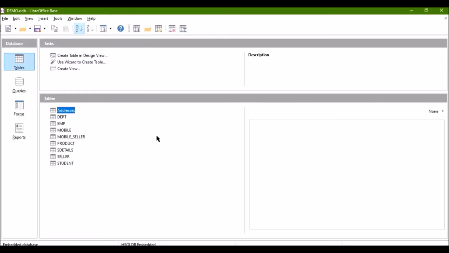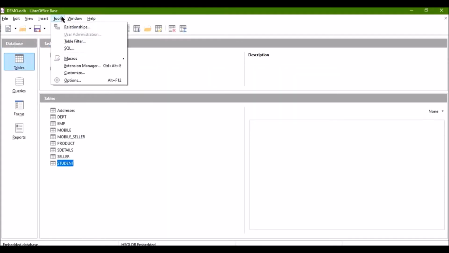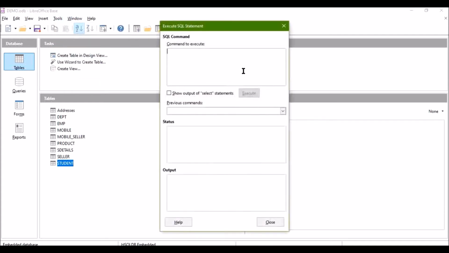Now in case you want to do this with the help of an SQL command, for this we have the update command. This is the student table. Here I will change the city of the first student, from Noida to Delhi. So for this I will go in tools and then SQL. Here I will write the command update, and then the name of the table. Set city, I have to change the city, so I will write city is equal to Delhi,